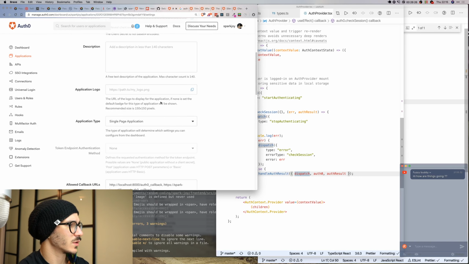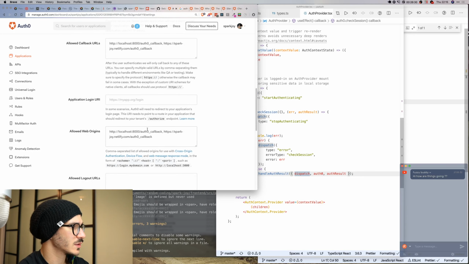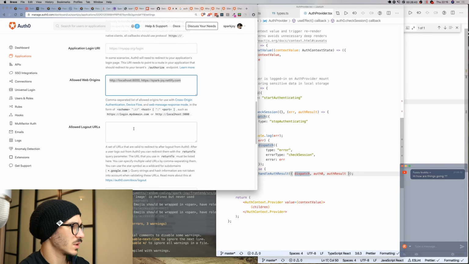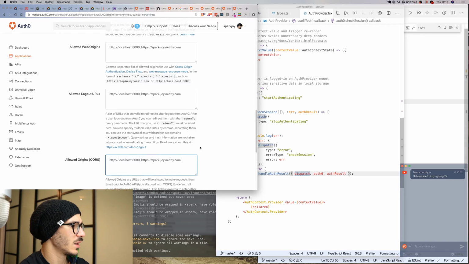Oh, I know why it failed to load, because these are the wrong URLs. These are the callback URLs, and then we need the web origins that need to just be slash and slash, like that. Allowed a set of URLs that are very valid to redirect to after logout. We need that to be valid. And of course,